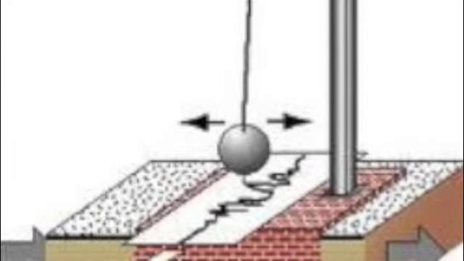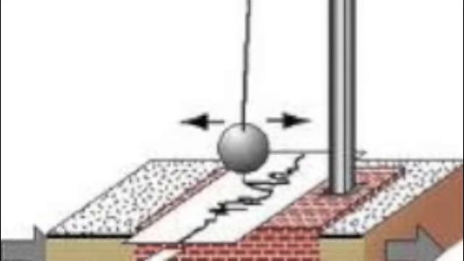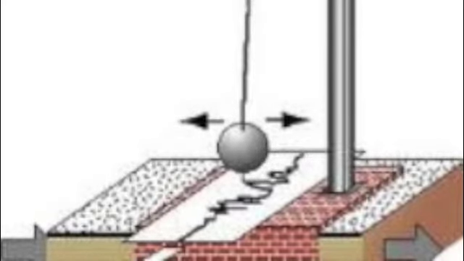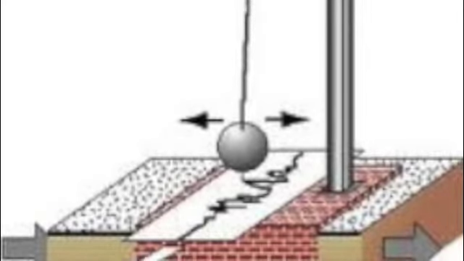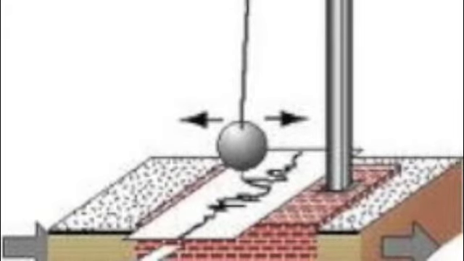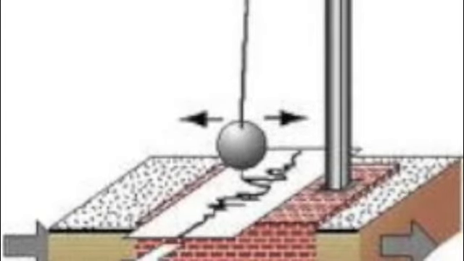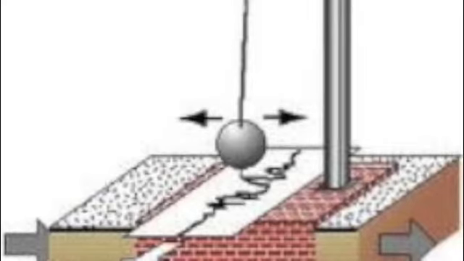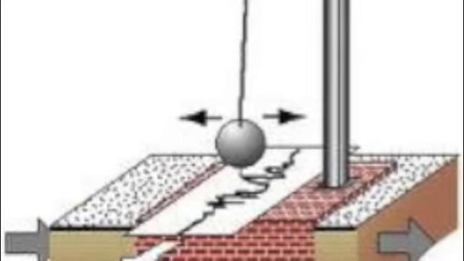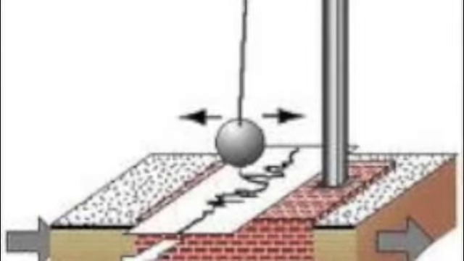Earthquakes are measured with a machine called a seismograph. A seismograph records ground movements caused by earthquakes, explosions, or other earth-shaking phenomena. It measures ground oscillations by recording the relative motion between a pendulum and the ground.